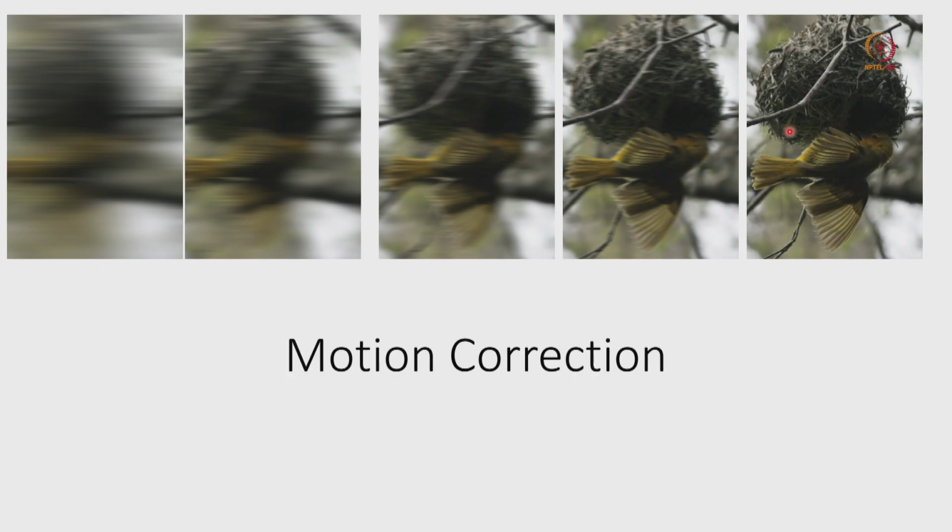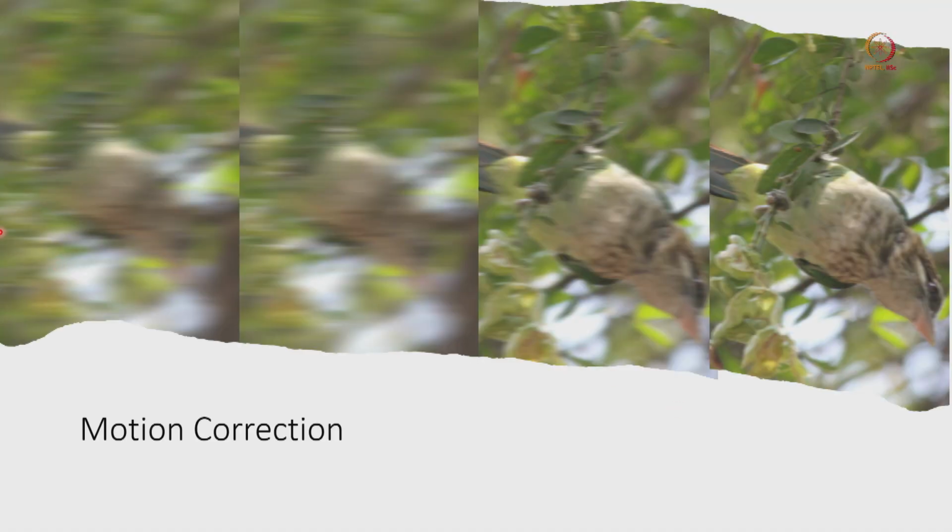But if you want to see all the fine details, like the feather color, the eye, and all the details about the nest, you have to realign those frames and then get an integrated image. That is basically called motion correction, and we have already discussed a couple of times how it happens. Here again is a similar kind of image. This is a blurred image of this bird, so there is motion, but when we integrate all these images, we can find very high resolution details about this bird.